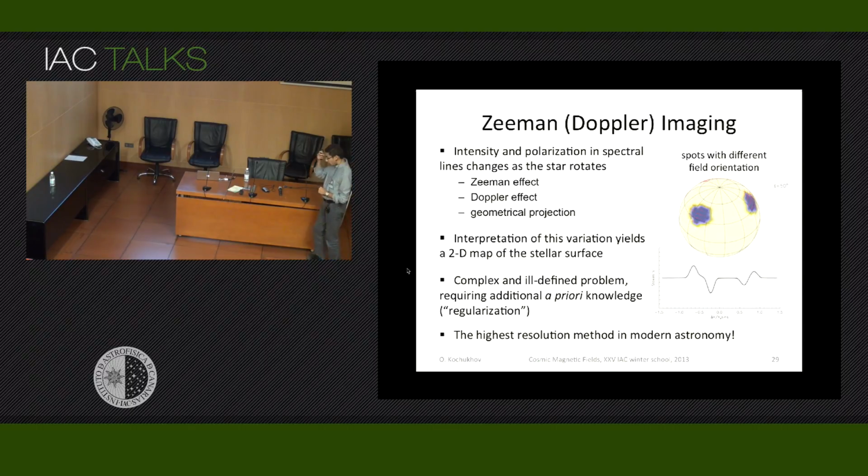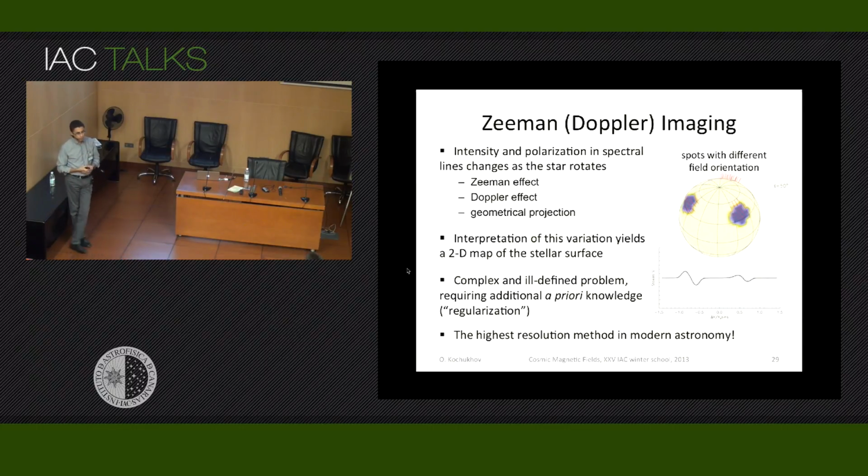However, the problem of reconstructing magnetic field topology from time series observations is what is known as an ill-posed or ill-conditioned problem, in the sense that there is an infinite number of solutions satisfying a given observational set. So one usually introduces an additional a priori assumption, or regularization, as it is called. For instance, you can require the field to be smooth. So you add to the chi-square a certain regularization function, and you try to find a solution which is the smoothest